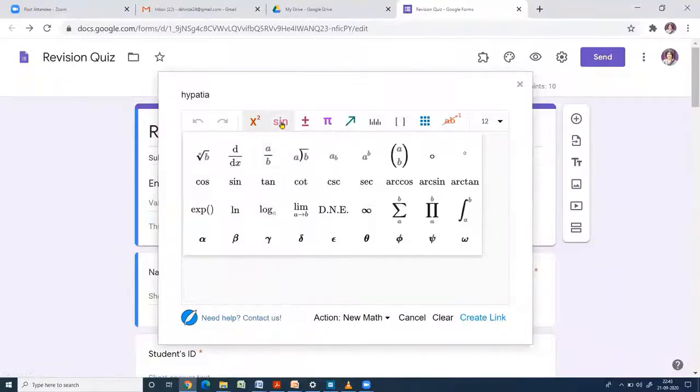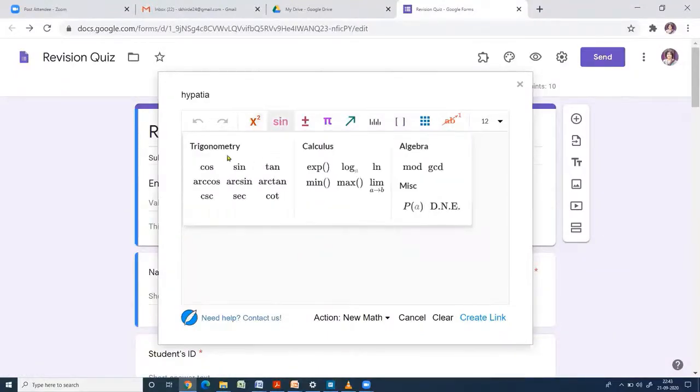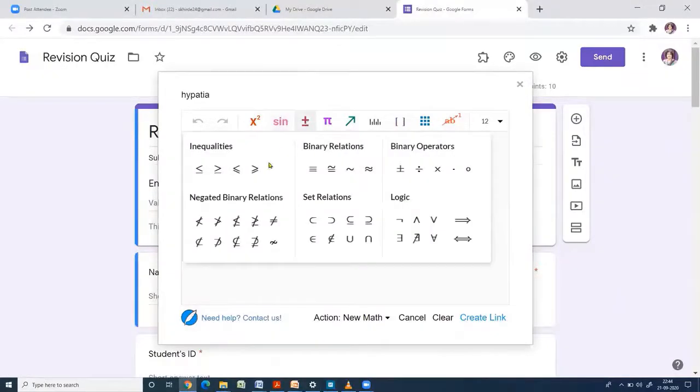Then if you click on this sign, you will get trigonometric sine, cos, tan, etc. Then if you click on this plus minus, you can get various mathematical symbols which we can use in mathematical expressions.